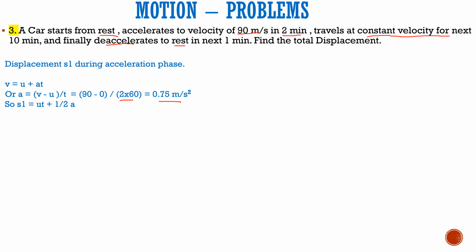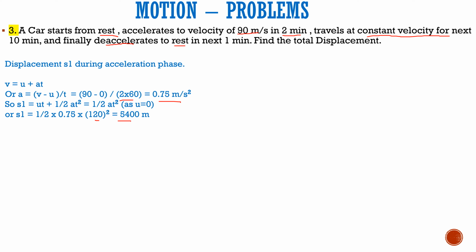So S1 in this case, S1 is ut plus half at square. T is already known, u is 0 because it starts from rest, so it is half at square. Replacing the values, we get the displacement during the first phase, which comes to be 5400 meters. Need to be taken care that every time, if time is in minutes, we need to make sure that it is converted to seconds. So with that, we get the displacement in the first phase,